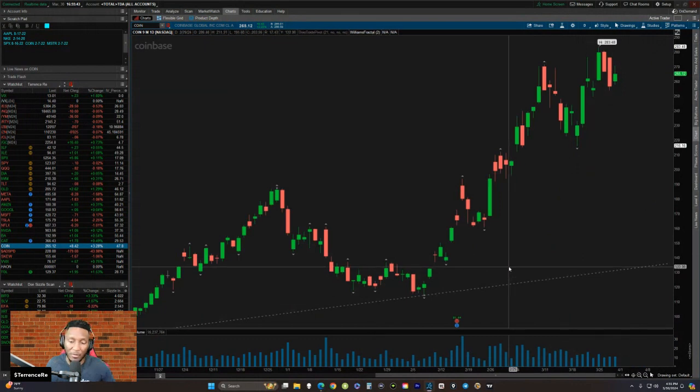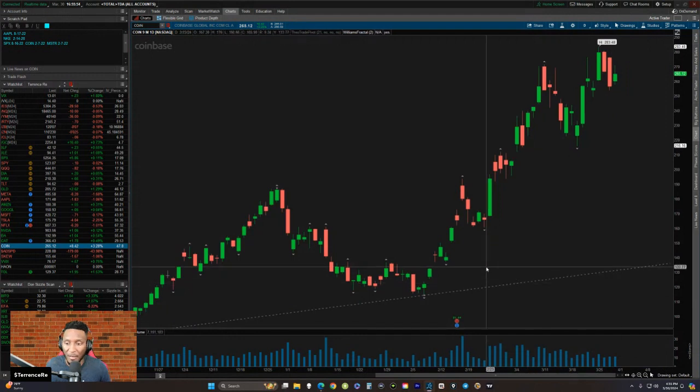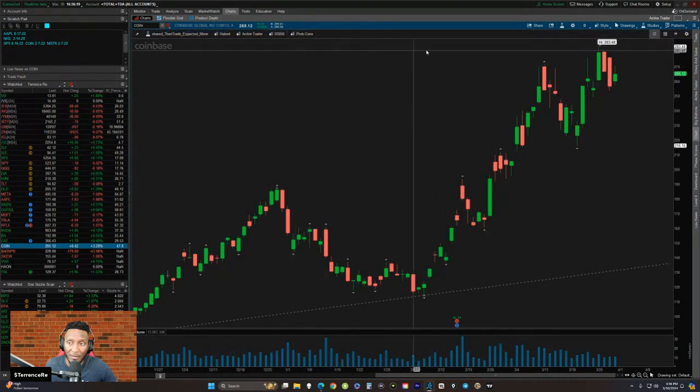And I'm gonna show you guys how to scan to find some of this stuff. The scanning one I will put out maybe next week. But today we're gonna finish up with Coinbase, and then I'm gonna go back to MicroStrategy, and this will be a part one, and we'll add more to it. Now, this one, you could have went from here to here, but I didn't. When I seen this one, I'm gonna show you guys how I seen it.